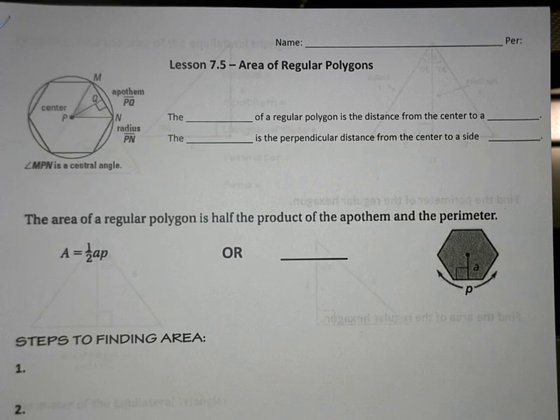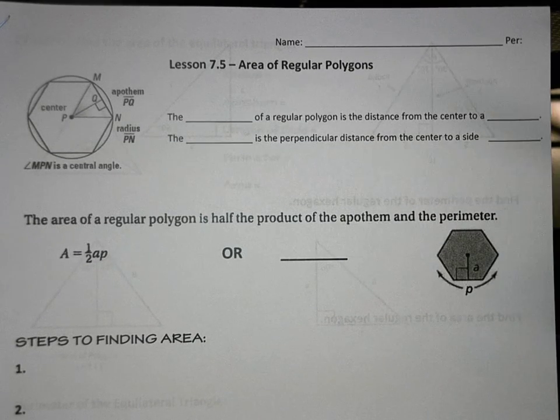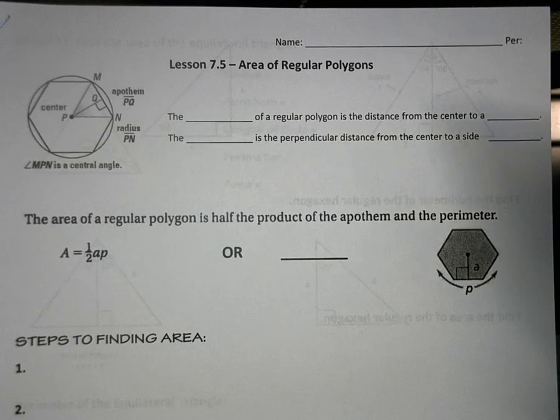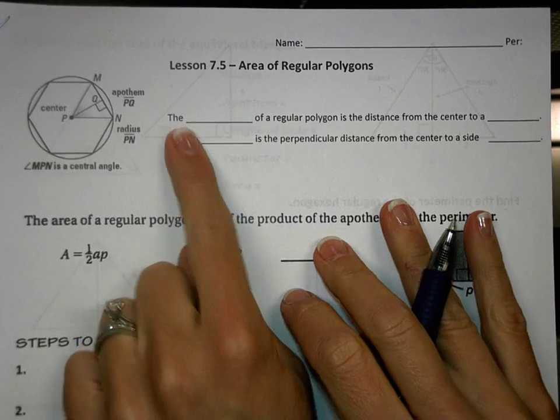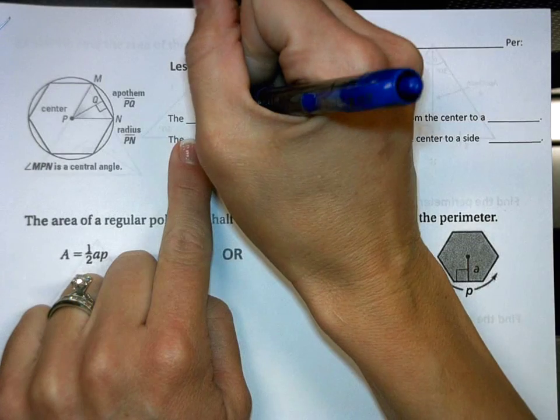Math 2, we're still in Unit 9. This is lesson 7.5. We're talking about area of regular polygons. Okay, so starting here. The radius